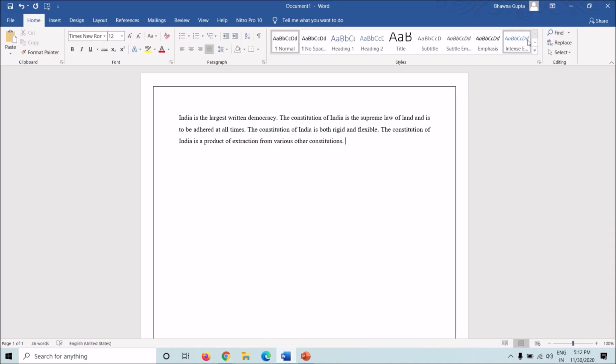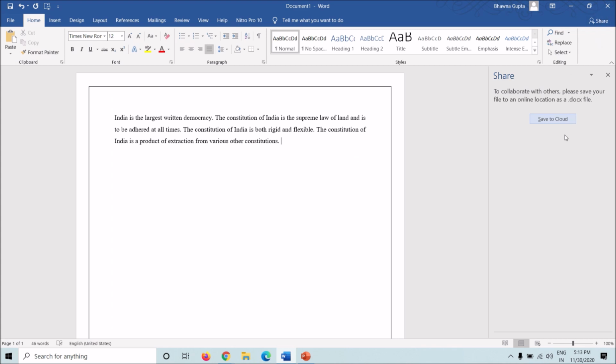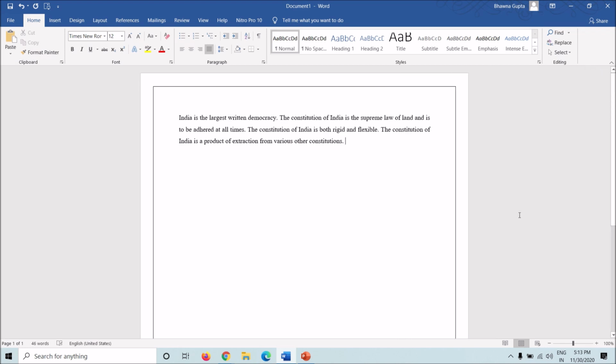Now for Word also, you have the option to share, but you have to save it to the cloud. In Docs, the major thing is that Docs is a better option if you have to make a group project online, especially in times like the pandemic, when you cannot have access to the same laptop, or you cannot work on the same file while sitting together.